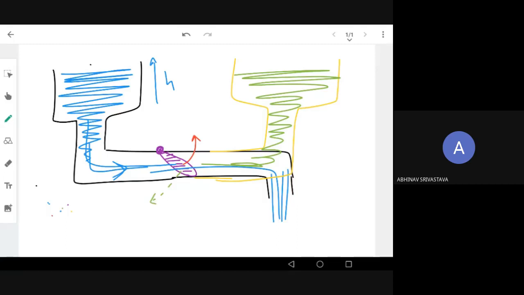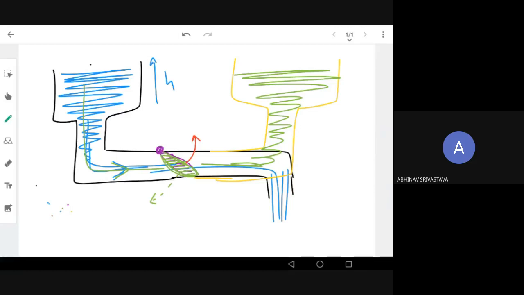It is considered a unidirectional valve because it is stuck. It is stuck at the bottom because of the pressure of the water. Even though there is water pressure, it cannot open. It cannot allow the water to flow from right to left. But it will definitely allow water to flow from higher pressure, left to right, but not right to left, right? Is it okay?